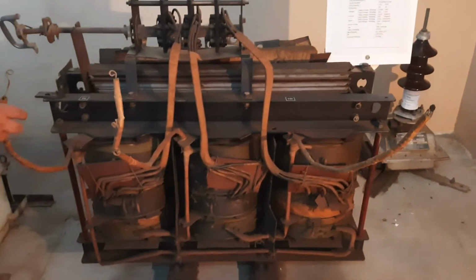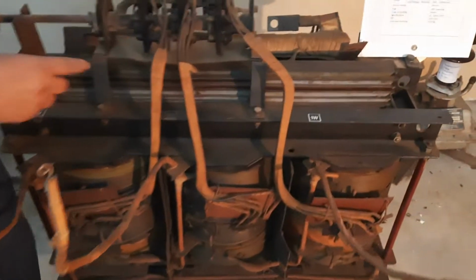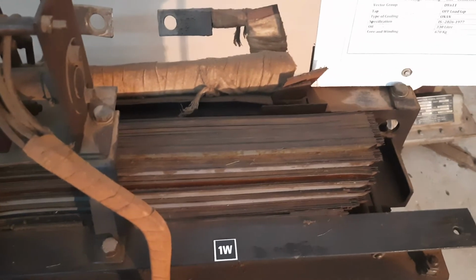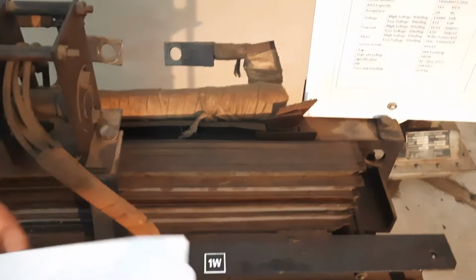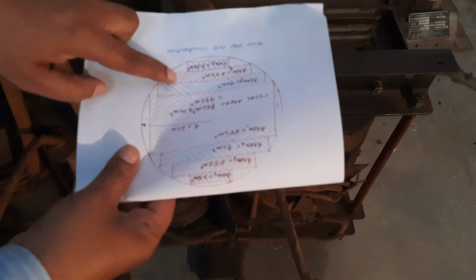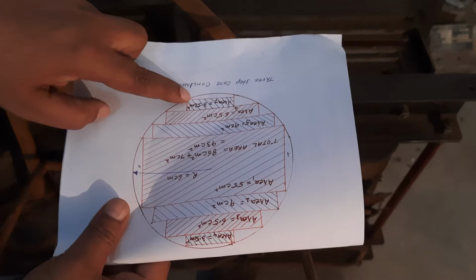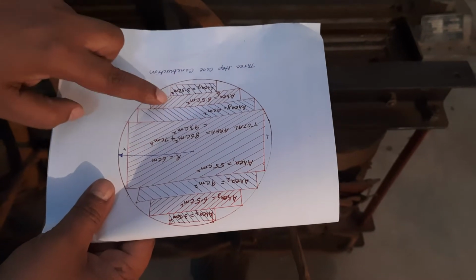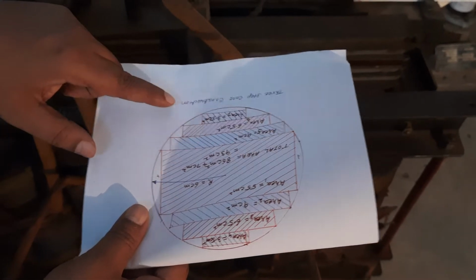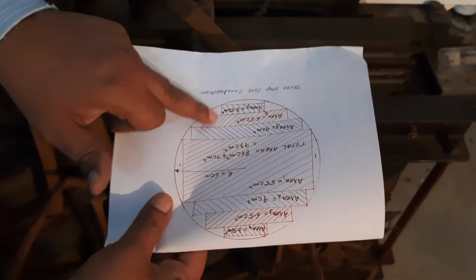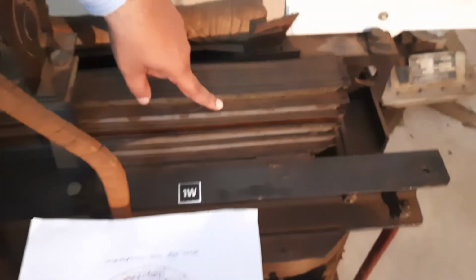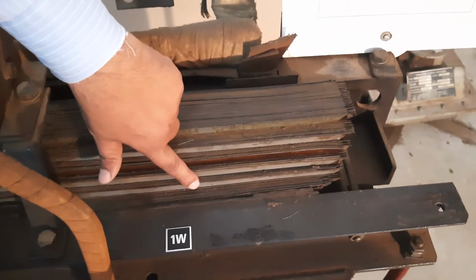See, this is the core. See here, this is the core. It is a midpoint as per the diagram. Just look at this diagram. This is the middle core, and these are steps 1, 2, 3, 4. The number of steps depends upon the size of the transformer, the cost of the transformer, as well as the customer; different manufacturers use different numbers of stampings. See, this is the first step, second step, third step, fourth step, and fifth step.